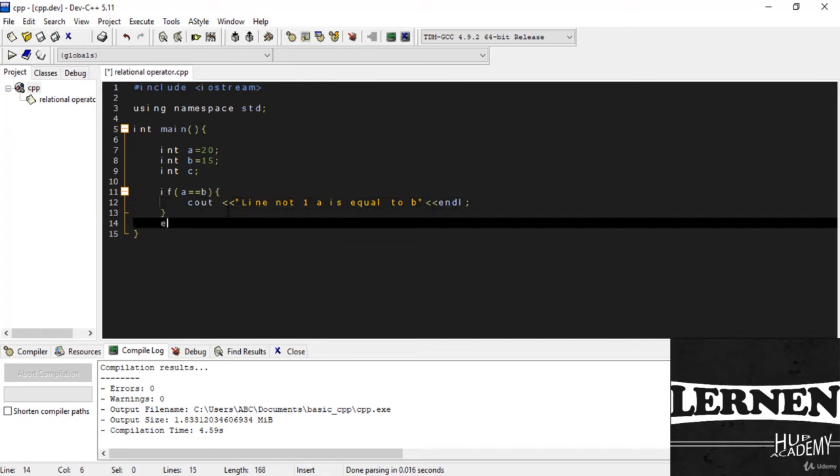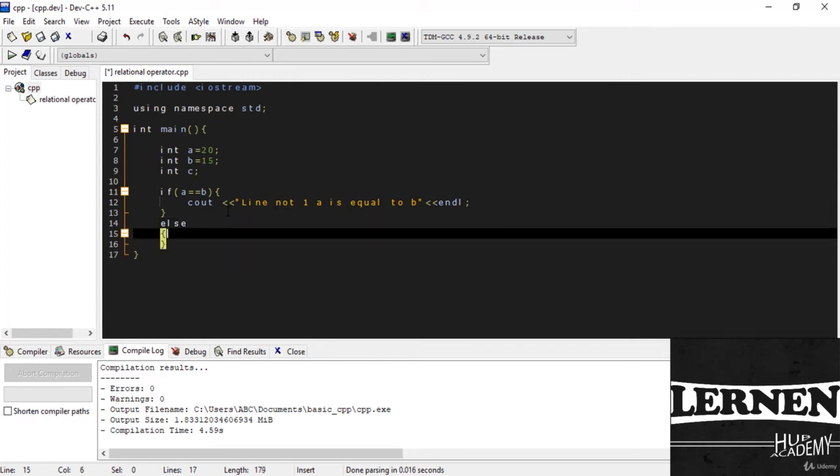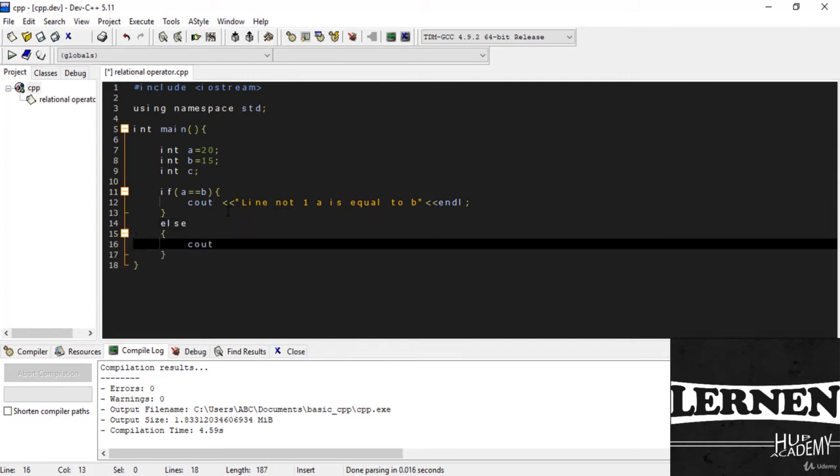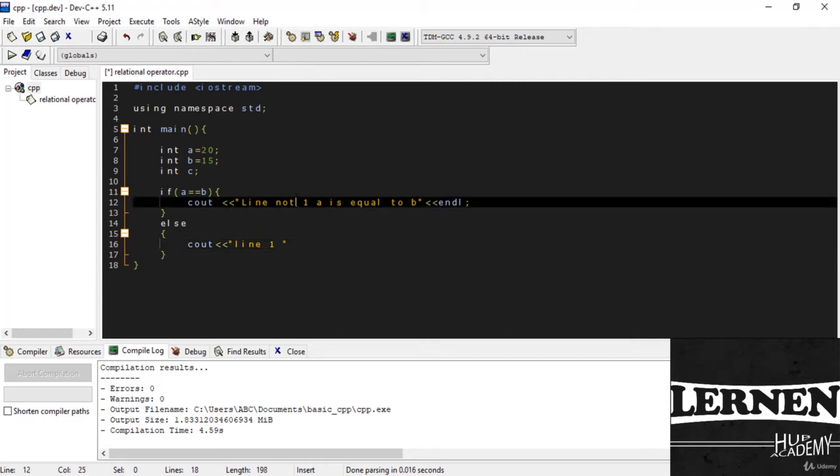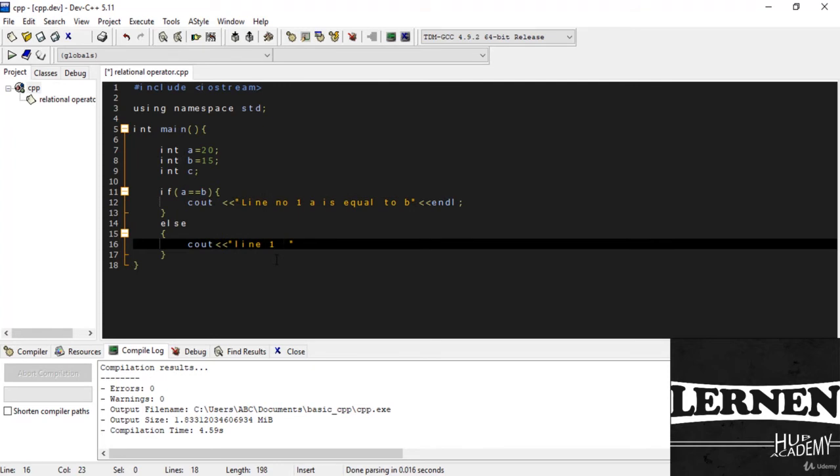Now I just use else cout line number 1. So this is line number 1, and here I write a is not equal to b here, and here I write endl. Okay,